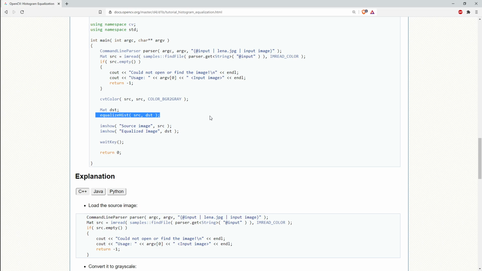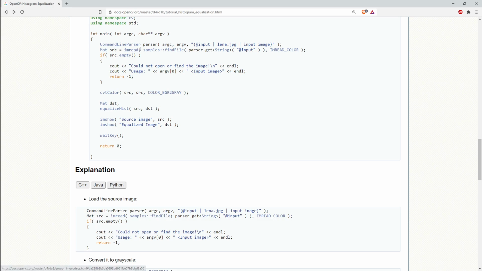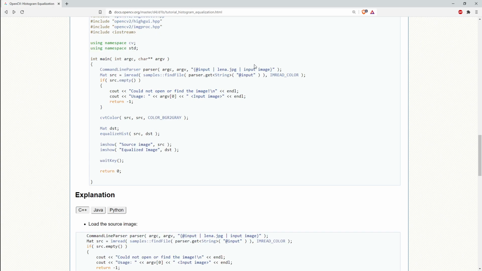The answer is because they've built the right domain abstractions for the domain of image processing. So the fact that this Mat type is so readily obtained from a file, right? Let's take a look at this flag, IMREAD_COLOR. If set, always convert the image to a 3-channel BGR. That means if this was a grayscale image, it would get expanded to 3 channels of replicated gray. And I don't care if it's a JPEG file, a TIFF file, a Windows BMP, or whatever image file formats were compiled into